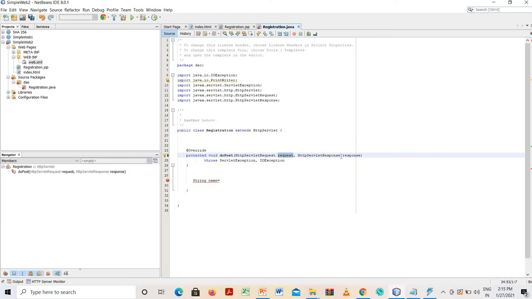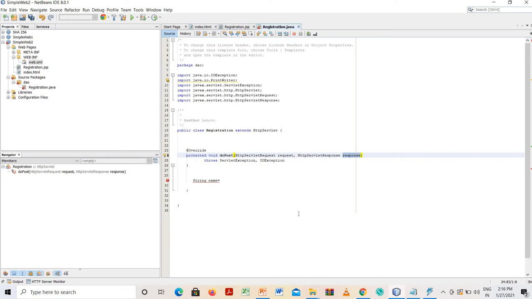And whenever the server wants to respond something to the client, that is the browser, at that time we will need the response object. Request, response. The client is requesting, and the client's parameters will be with the request object, meaning you can access them with the request object. And the response that comes from the server, that you can handle with the help of the response object.